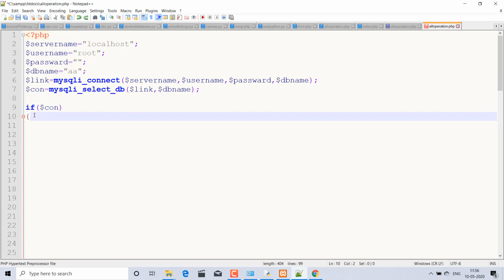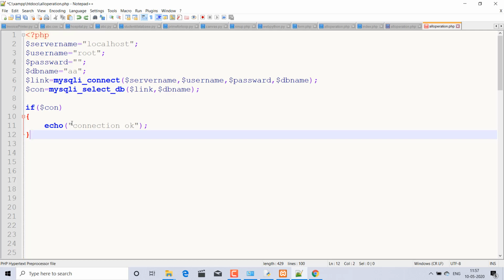Now the if block starts from the curly bracket, and here echo is used to take the output. Echo will show the output on the browser or anywhere you want, and the output will display connection is okay.